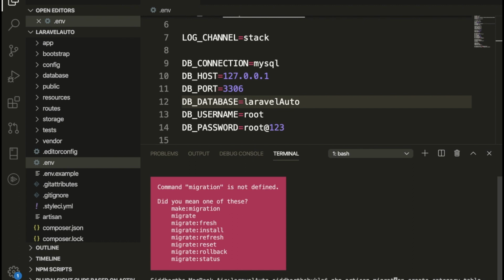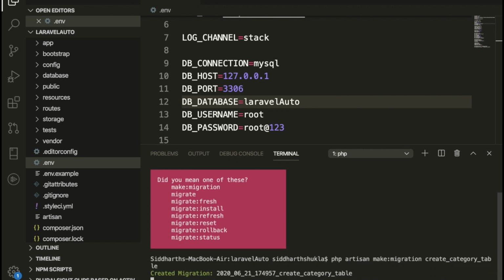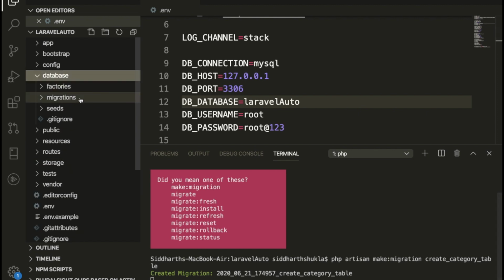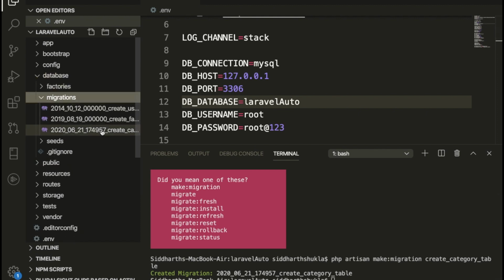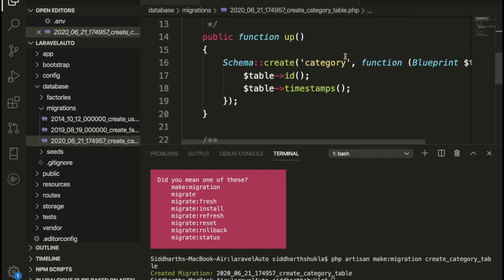Maybe I have written, sorry, php artisan make migration. So now migration is done. Let me check. Maybe this one, create category. So suppose we have this one, which is category. So now what we need to do here,